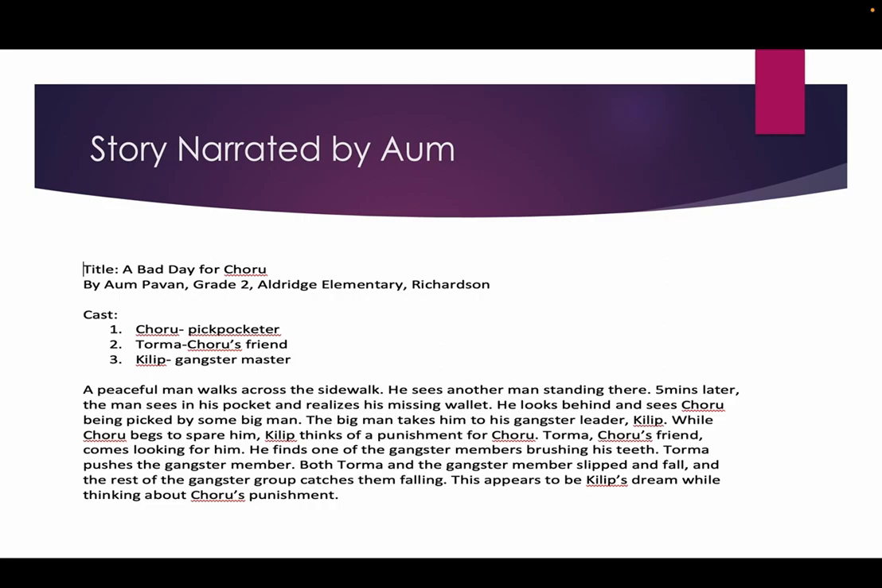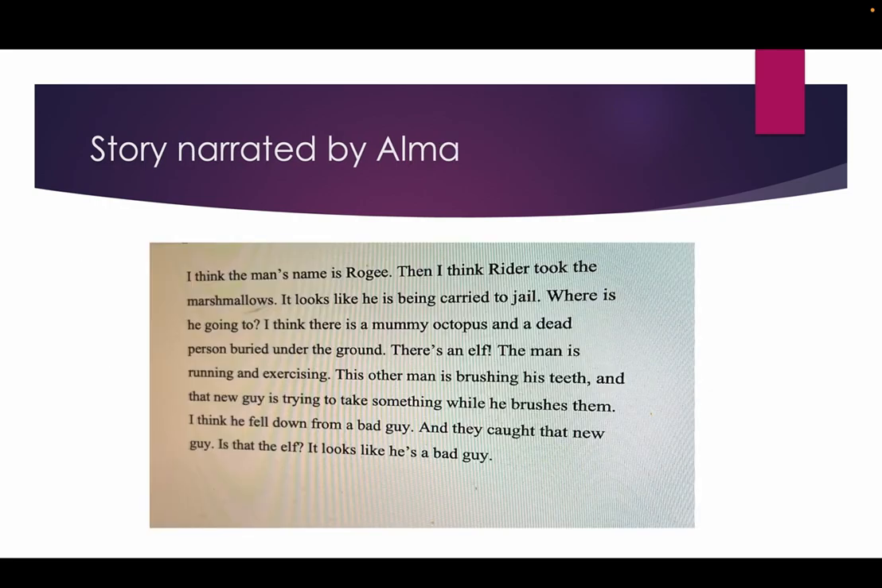And as a twist in her story, she brings Torma, Choru's friend, into the plot and resolves the story by showing how Torma pushes one of the gangster members and how eventually both of them fall. She finishes the story by portraying the sequence as Caleb's dream as he thinks about Choru's punishment. Here you can see the entire story written by her, and in the last story, this is by Alma,